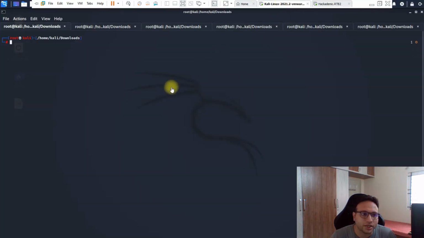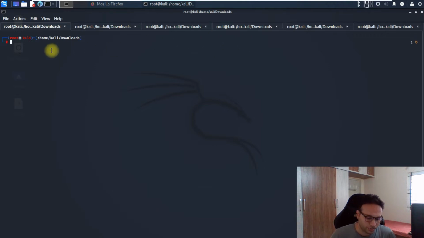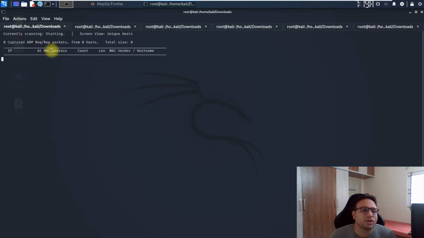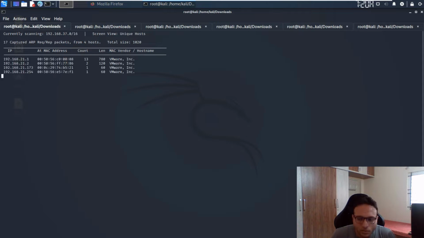Once it's imported, start the machine and put it in the same network as the attacker machine. Then we simply have to discover the IP address first. That's the first command we trigger from our side. Let me trigger it and wait for the output. Perfect, we can see that 173 is the IP address in front of us. We'll go ahead further with that.